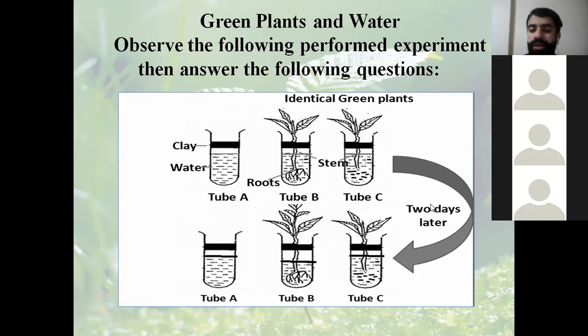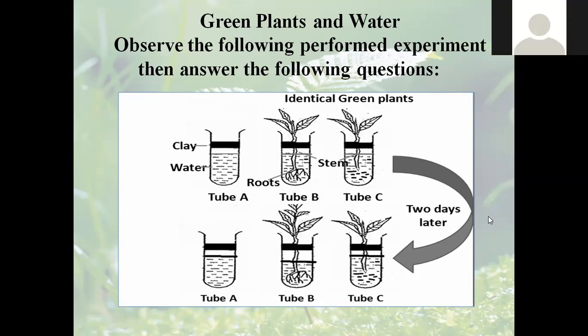Your conclusion: which part of the plant absorbs the water? Roots. Roots, very good. So the roots absorb the water. And this is the conclusion from tubes B and C. Now let's move to